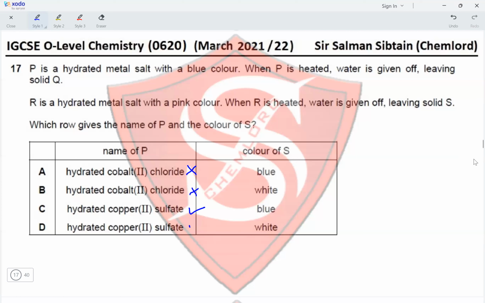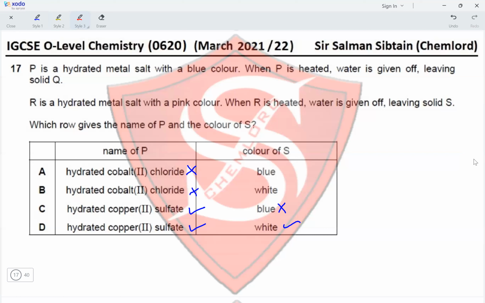So options A and B are eliminated. And after heating, copper sulfate becomes white while cobalt chloride becomes blue. But they're not asking for cobalt chloride, they're asking for copper sulfate. So copper sulfate would become white, eliminating option C, making option